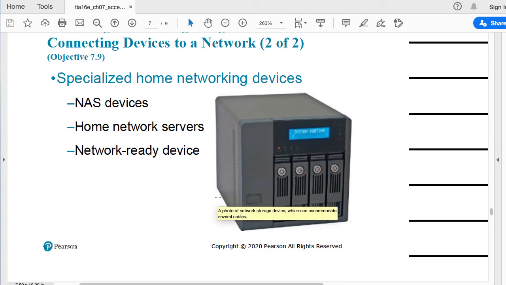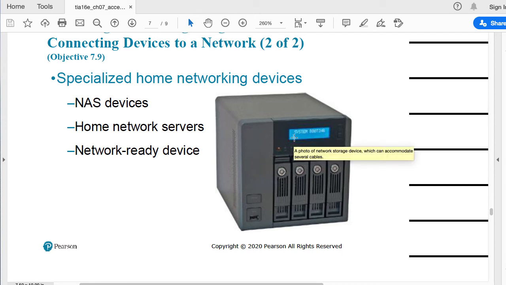This is a component that is becoming more common every day. So that's the network attached storage device. First of all, the storage capacity that we have in our devices nowadays is not enough anymore.